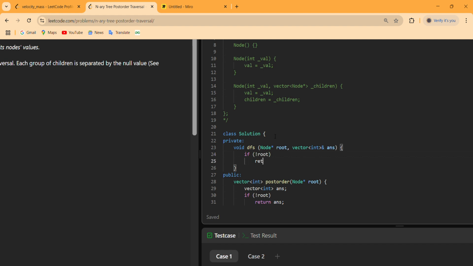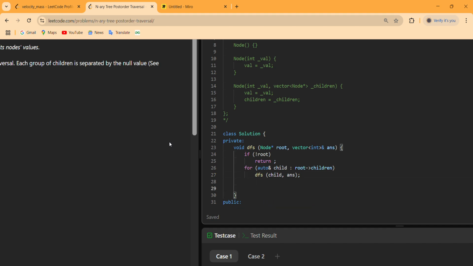If it is empty, just return from that point, and if it is not empty, try to extract every child first for the root, and call the DFS function for every child.